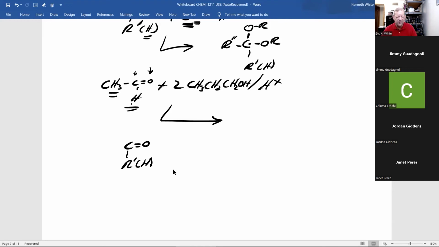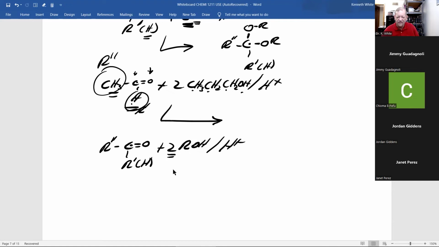I have carbons here, I'll call that R double prime. So this is R prime, this is R double prime attached to this carbonyl carbon. Then, ooh, the number 2, that's rare. You don't see that in a reaction in this class. And we have carbon, carbon, carbon, hydroxyl group, alcohol,